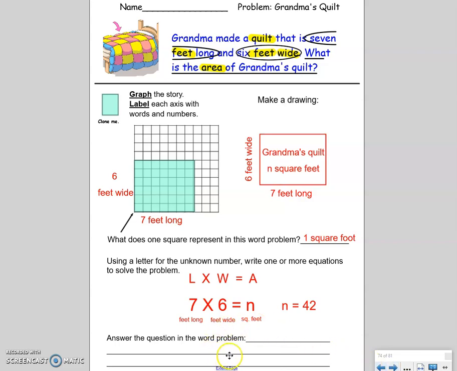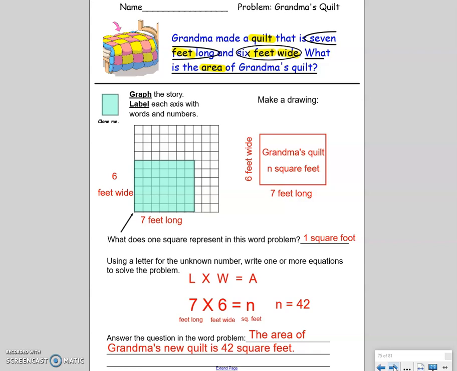Now we need to answer the question in this word problem. I like to look back to remind myself what it says. It says, what is the area of Grandma's quilt? Make sure to include the units in this problem, square feet. Okay, go ahead. What would be a great third grade answer for this problem? Yes, I agree. A great third grade answer for this problem would be, the area of Grandma's new quilt is